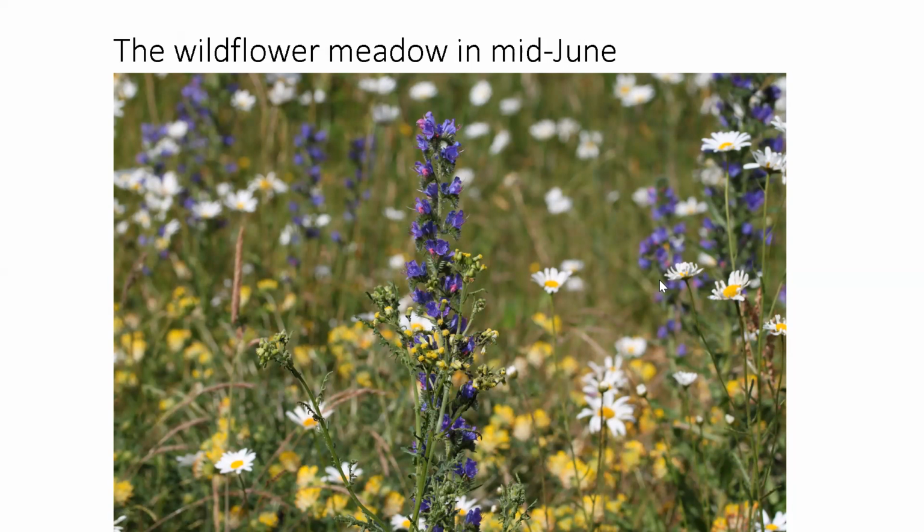This is a close-up of the meadow in mid-June. The flower in the middle is Viper's bugloss, which is not actually that great for butterflies, but is